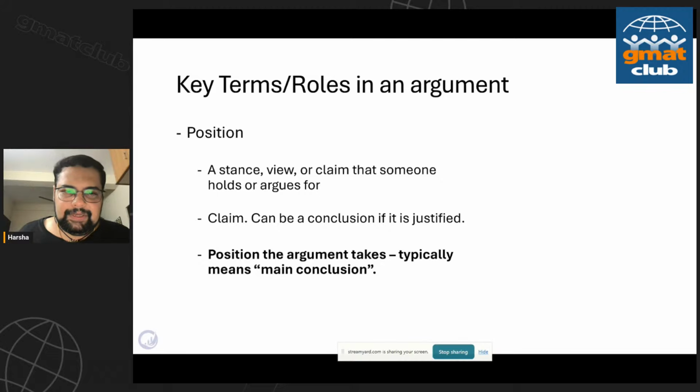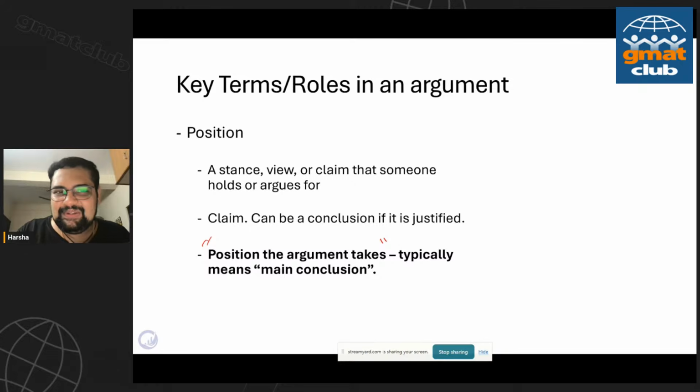Now, another term that you always see, and sometimes you see this particular phrasing, is "what position does the argument take?" Or "boldface 2 is the position that the argument takes," or "the position that the argument opposes." A position, think about a debate or sitting in a boardroom. The position you take is the stand that you take. It's the view that I have, it's the stand that I take, right? So it's technically my opinion, my subjective opinion or belief.